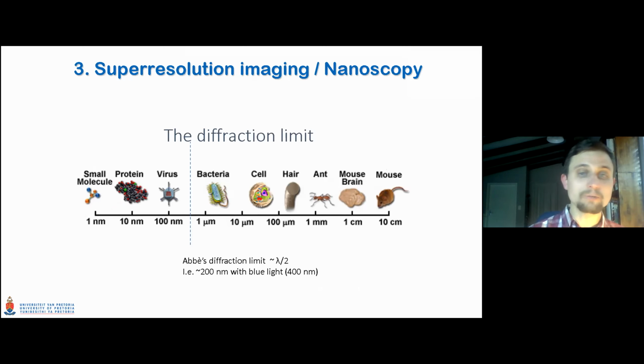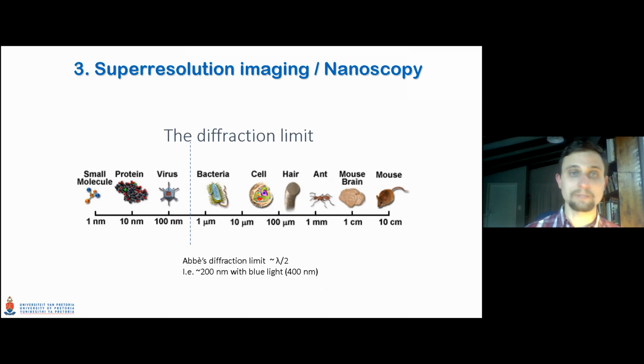So if you stick with visible light, at the edge you have blue light. That's the shortest wavelength, of about 400 nanometers. So you can get a resolution of at best 200 nanometers using light if you don't use tricks to go